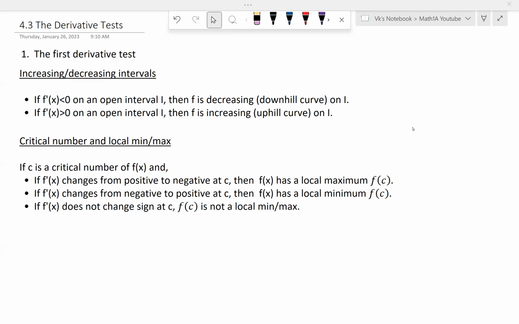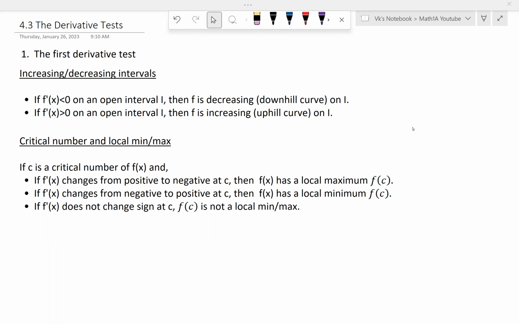Hi everyone, welcome to Differential Calculus. Today we explore lesson 4.3, the derivative test. There are two of them, and they are very useful to sketch curves. Number one, the first derivative test,